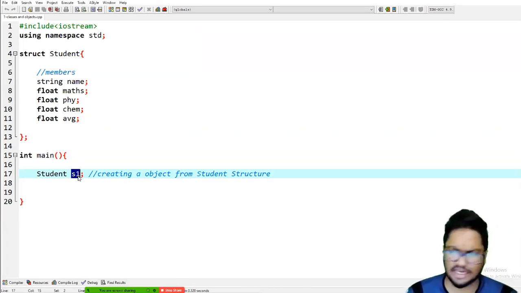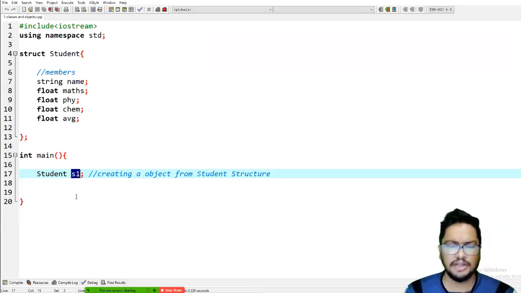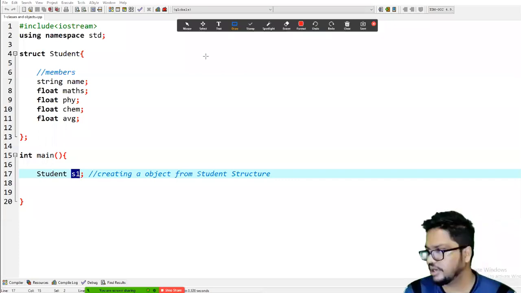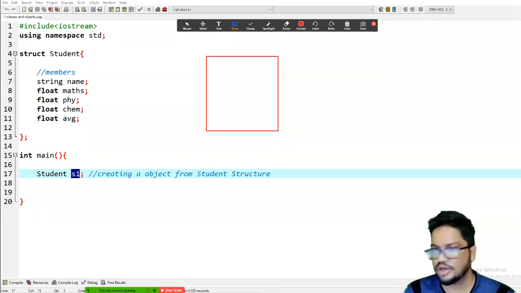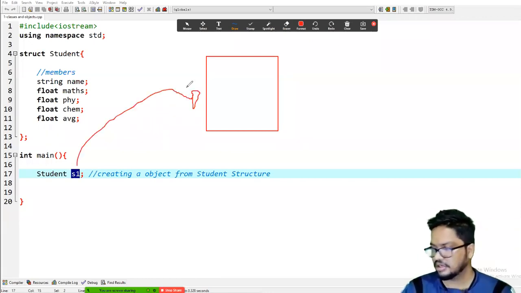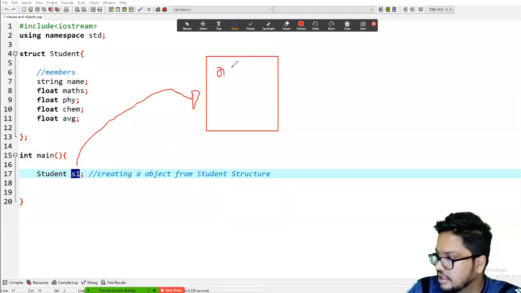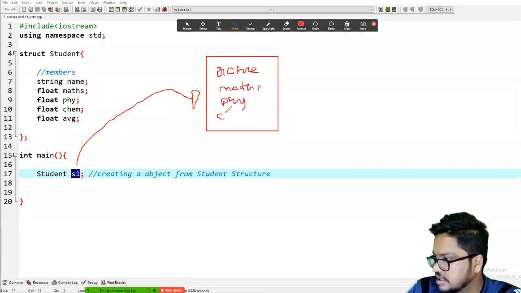So this is what we discussed, right? Now, for example, if we create this S1 object, we know that this structure will basically contain a name, maths, physics, chemistry, and average.